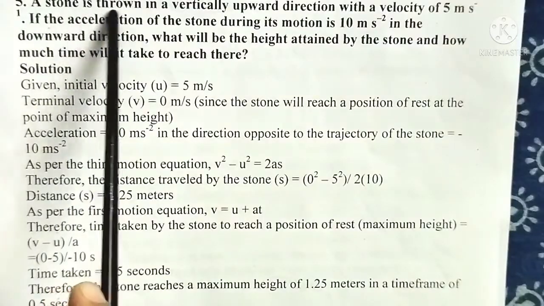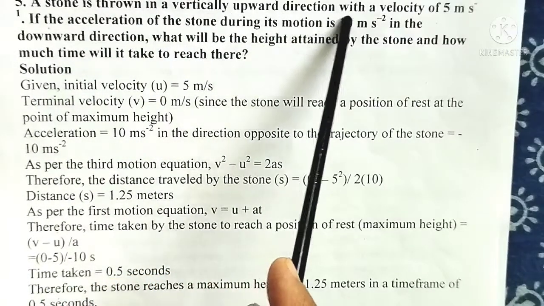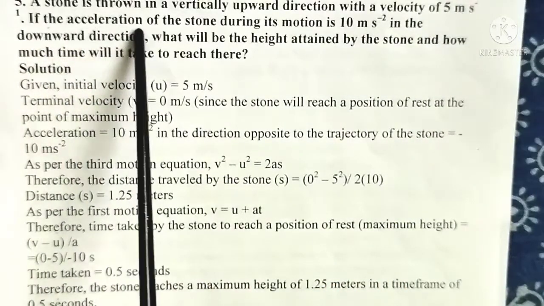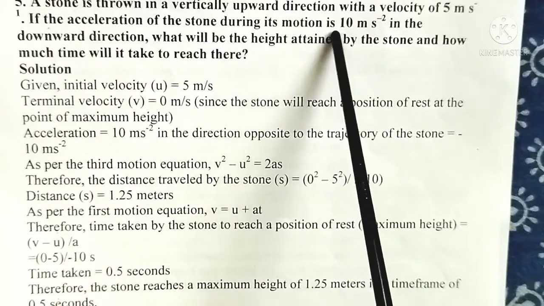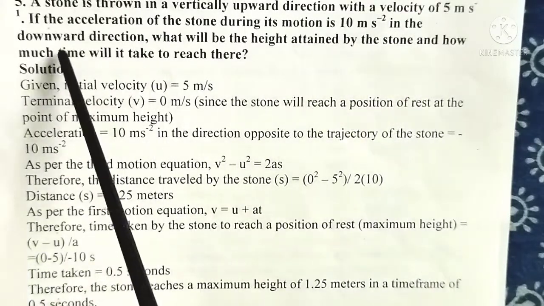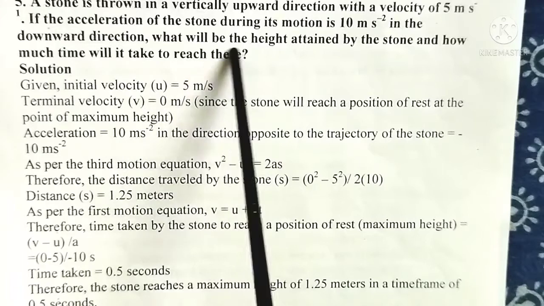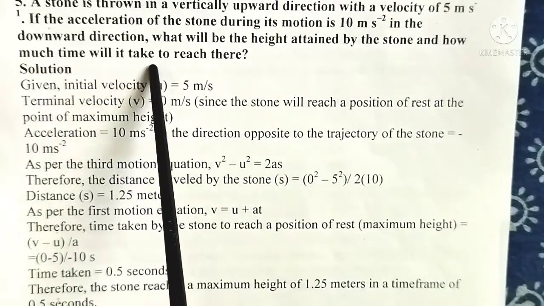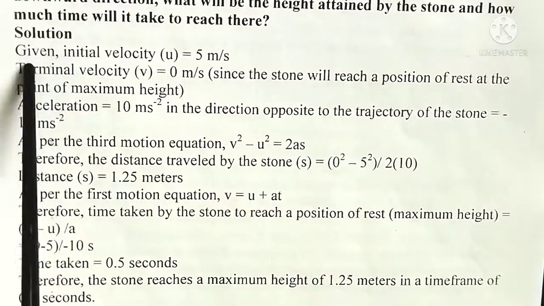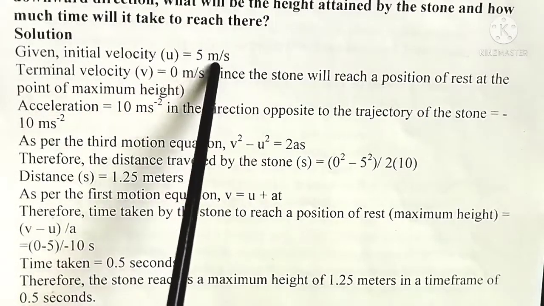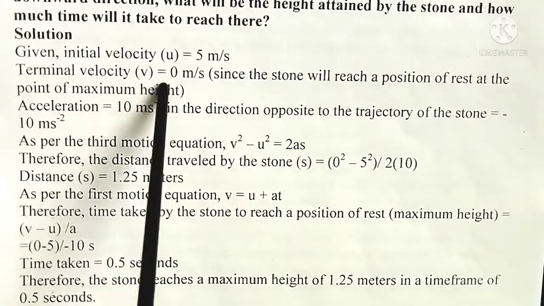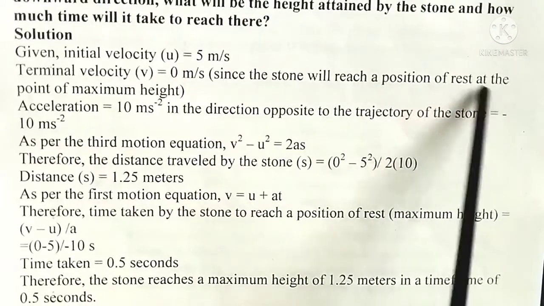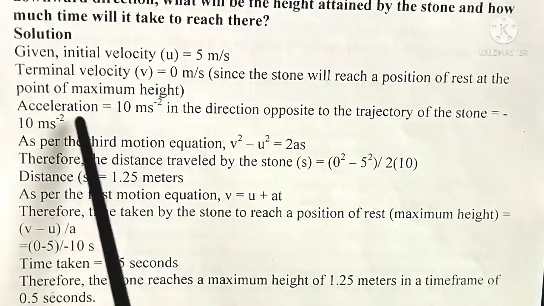A stone is thrown in a vertically upward direction with a velocity of 5 meters per second. If the acceleration of the stone during its motion is 10 meters per second square in the downward direction, what will be the height attained by the stone and how much time will it take to reach there? Solution. Given initial velocity u is equal to 5 meter per second, terminal velocity v is equal to 0 meter per second. Since the stone will reach a position of rest at the point of maximum height, acceleration is equal